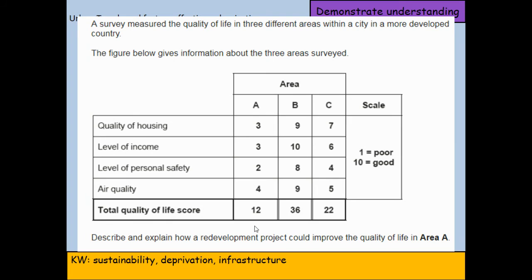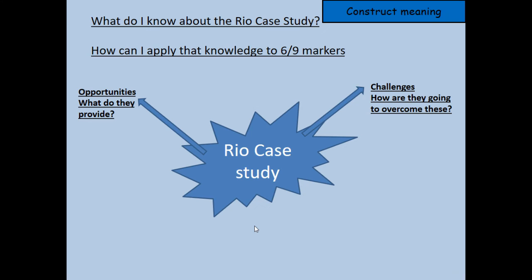So have a think about that. This is where you need to think outside of the box and think, if I lived in a rubbish area that was dirty, there was high crime, there was poor housing, and it just wasn't very nice, what would I do to improve this area? Basically, you have an infinite amount of money. I'll be generous here. You've got whatever money you want. Okay, you'd have to do it on a budget. But I want to know how you would do it. So describe what you would do and say why you are doing it. Describe and explain. So have a go at doing that.